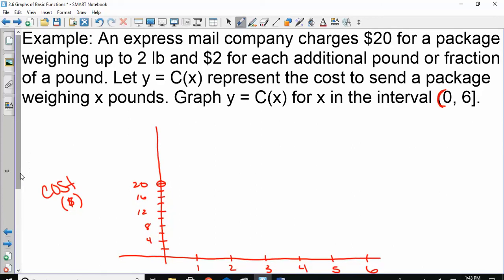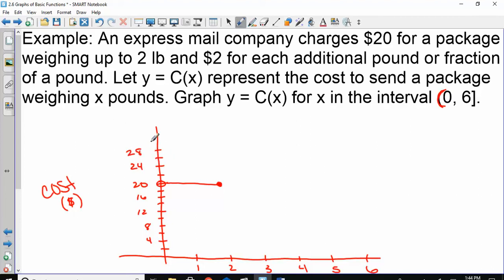And if your package weighs 1 pound, how much are you paying? $20. If it weighs 1.5 pounds, 20. If it weighs 2 pounds exactly, 20. But after it goes above 2 pounds, you pay extra. So we're going to stay here until we get to 2. For anything between 0 and 2 pounds, it's a flat $20. But after you hit that 2 pound mark,